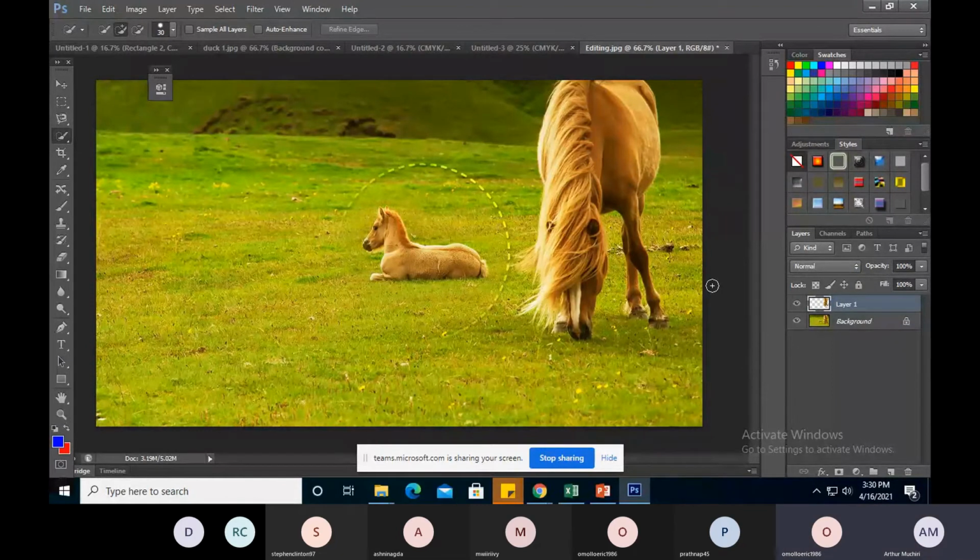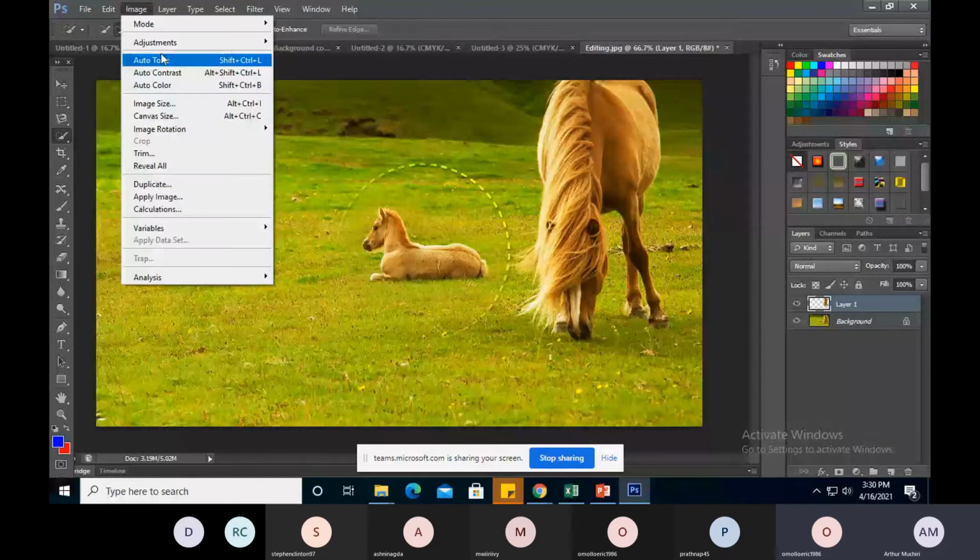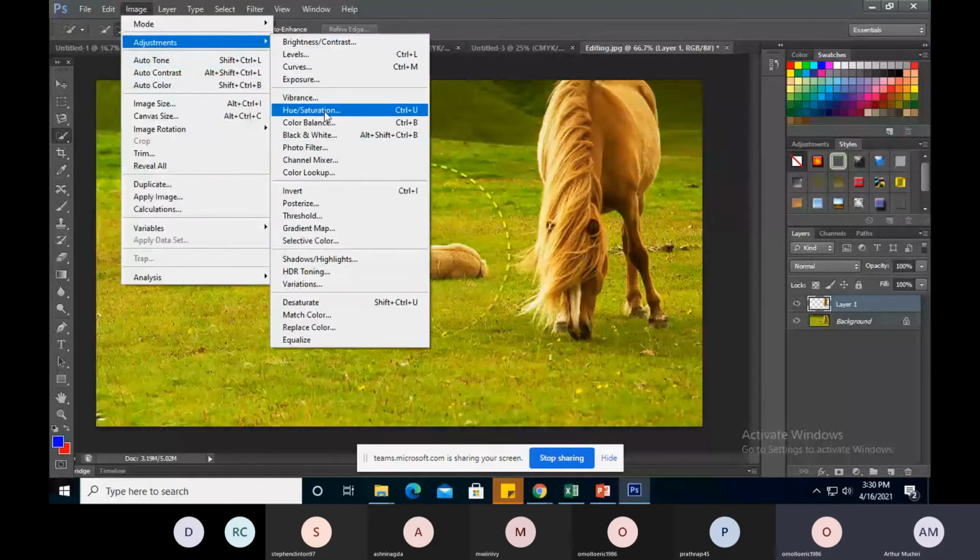So you have to uncheck. For example, you can make this house black and white. Just come to edit. First of all, you need to make sure that you're on that layer, and then you go to image, then you go to adjustment, you choose